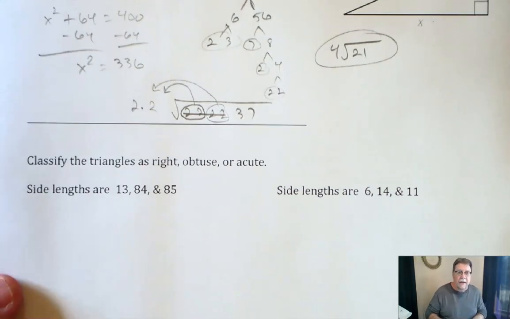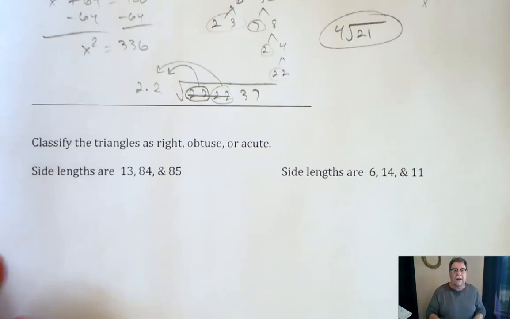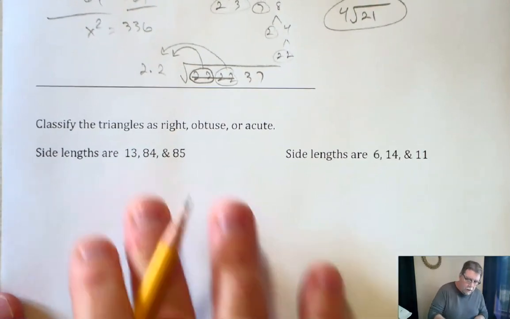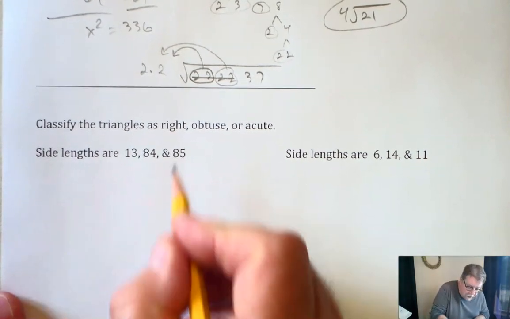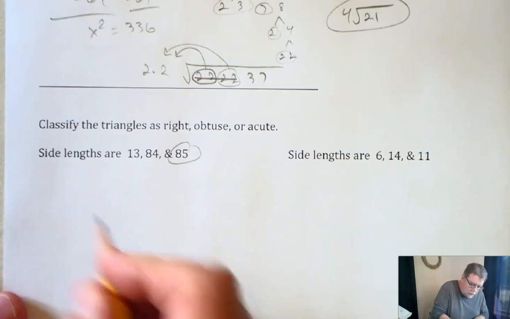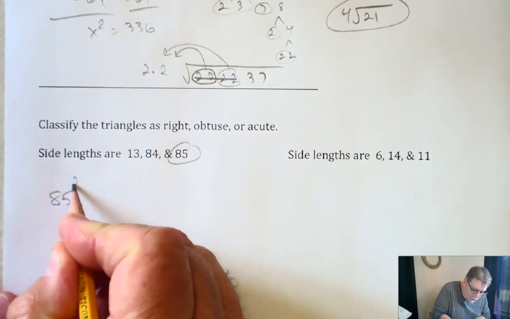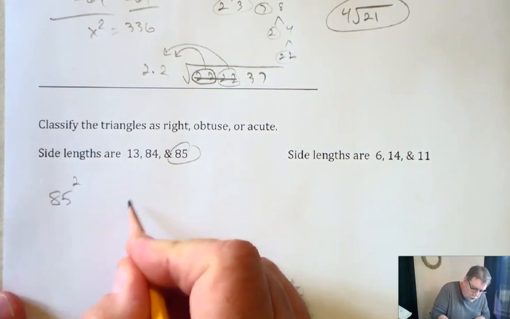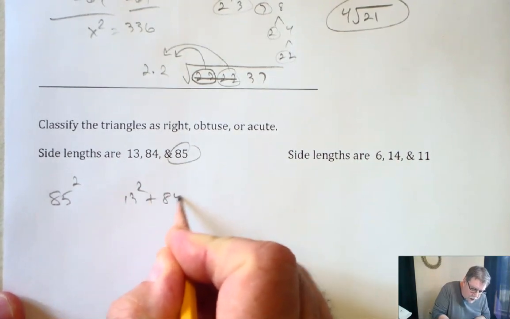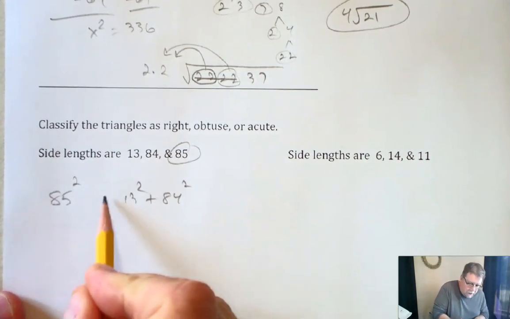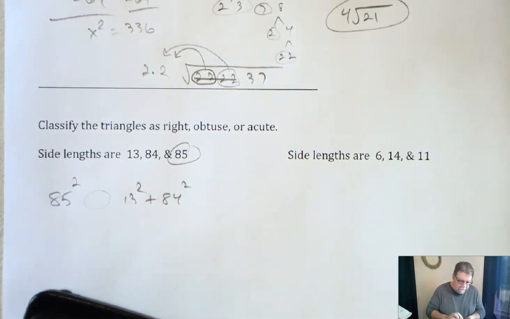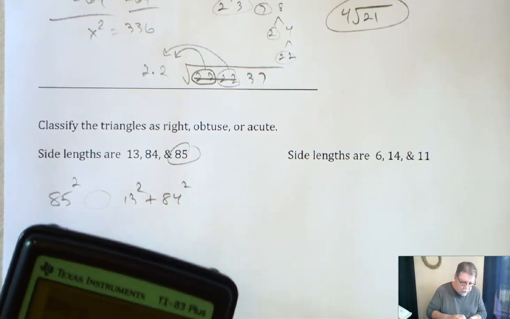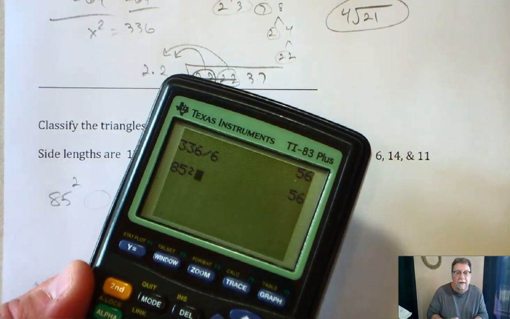In the next problem, it says classify the triangles as right, obtuse, or acute. I always want to start with the hypotenuse, and the hypotenuse is always the largest value, so that's the hypotenuse. Let's start by putting that on the left side, and we're going to square that, and then we're going to do 13 squared plus 84 squared, and we're going to figure out if a greater than, less than, or equal sign goes there. So 85 squared is going to be